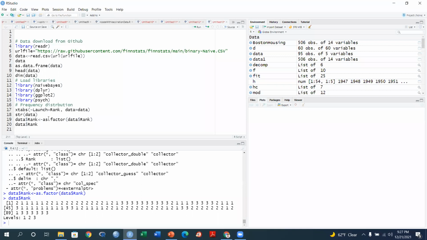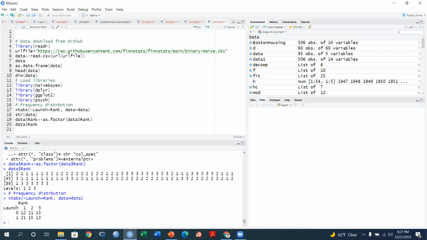Okay, just let's take a look again. Consider see the rank here. See the rank here, okay? 1, 2, 3. So how did 1, 2, 3 come? In the rank variable, you will find only 3 ranks. And this is nothing but the frequency of 0 and 1, that means the launch variable in each category. Okay. So now what we did,